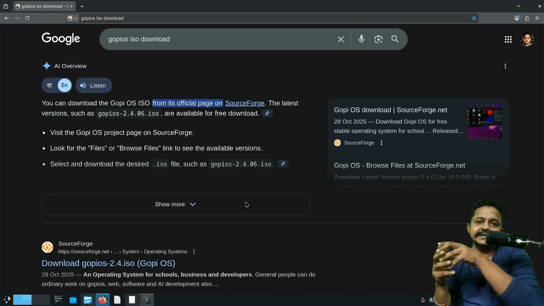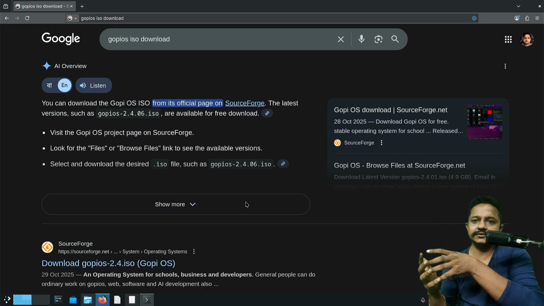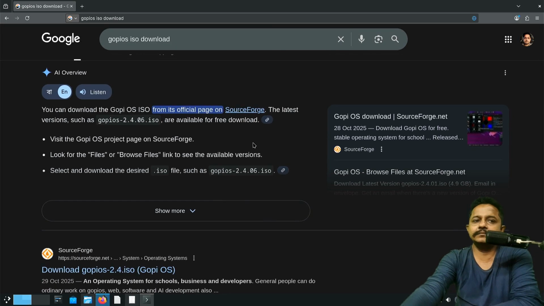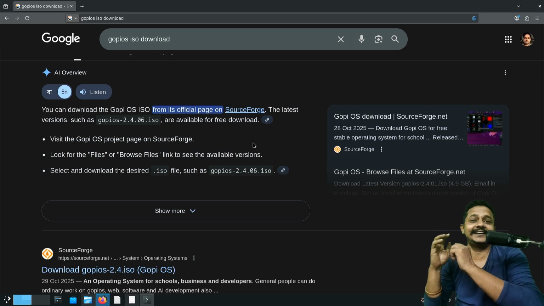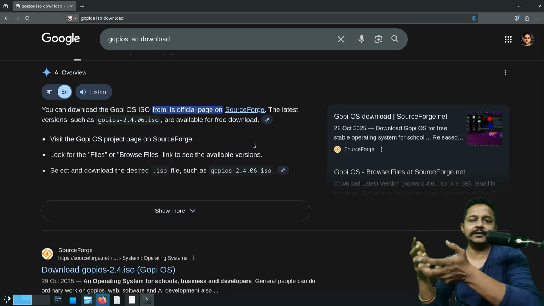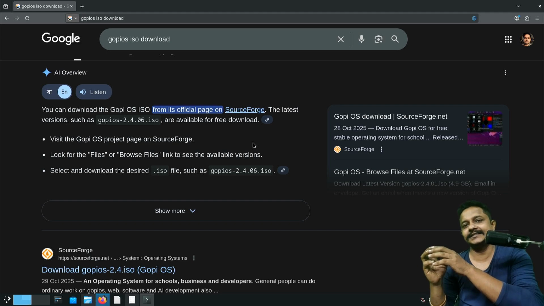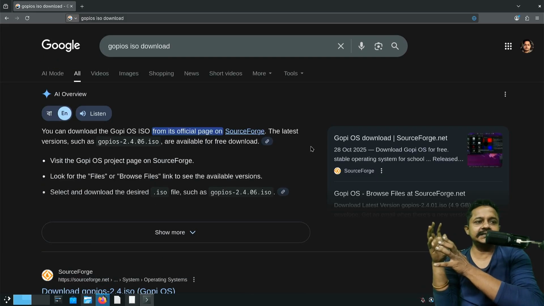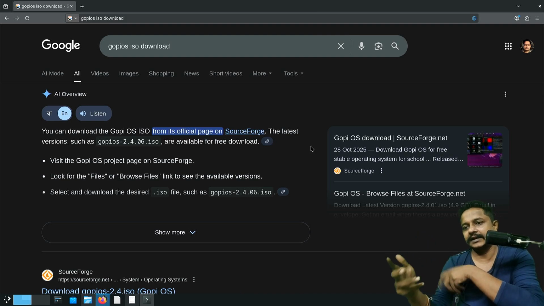GOPI OS for business and schools is now open source. As I search from here, I can see I can download it from SourceForge, but I remember people still don't think it is free and open source software until and unless you find that operating system on GitHub. So here we go. It is on GitHub,